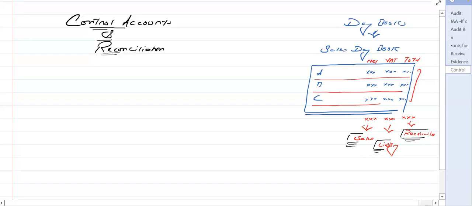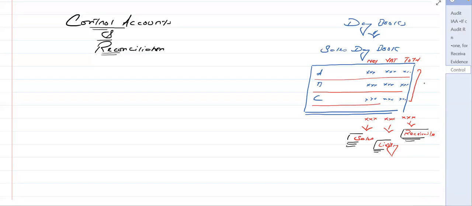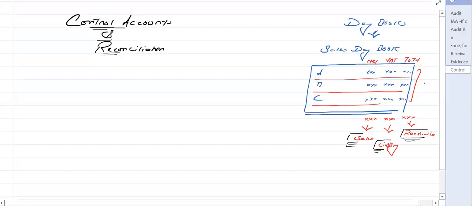Like we can see, we can get the total figure of the sales, the total figure of the liability, and the total figure of the receivables. Alongside, from the day book, we can have the individual balances as well, the detail of the individual balance, how much A owes to us, how much B owes to us. But these individual balances do not